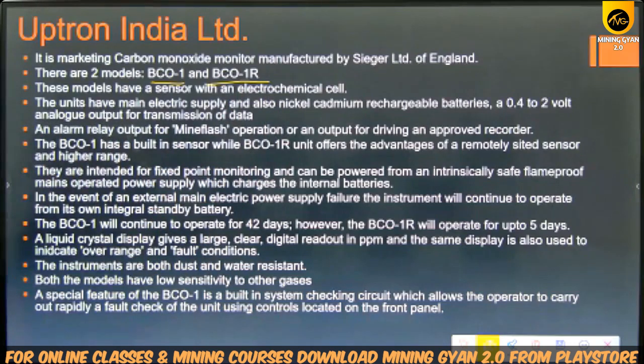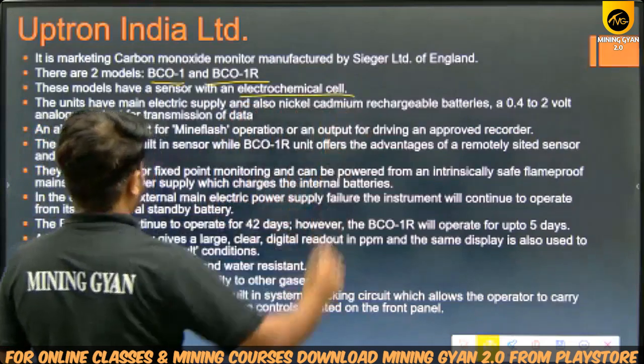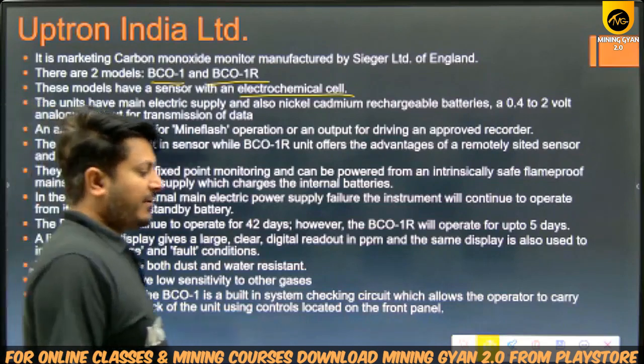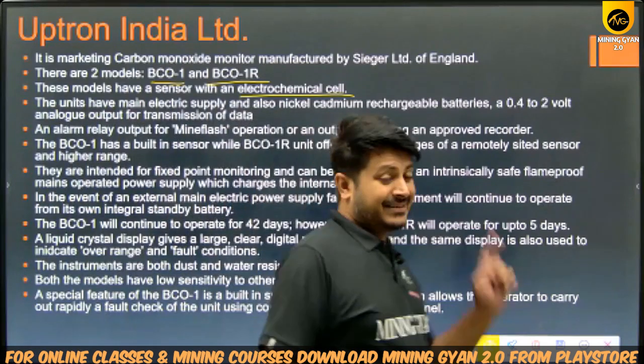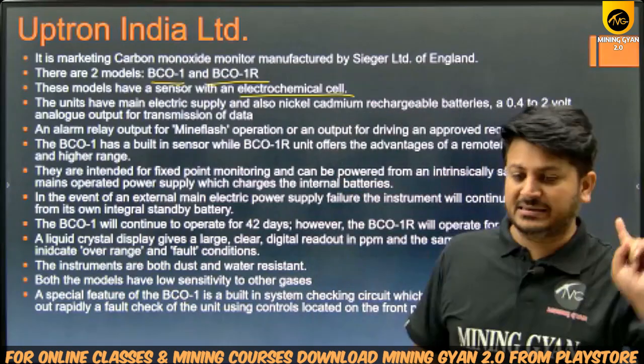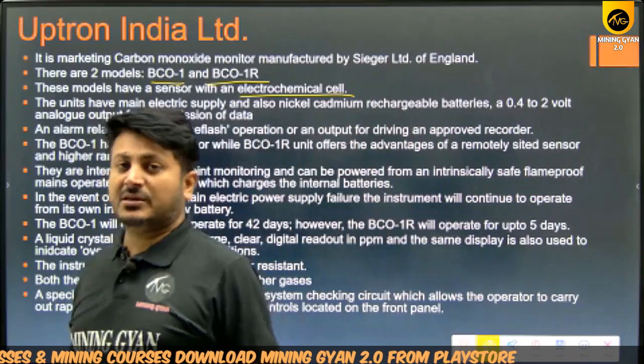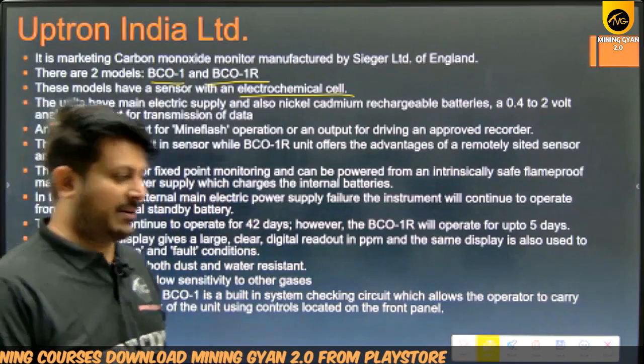इन मॉडल्स में आपके सेंसर होते हैं जो कि इलेक्ट्रोकेमिकल वाले सेंसर्स इन मॉडल्स में लगे होते हैं, ठीक है। अब इसमें बेसिकली you have to remember one thing that these are the continuous monitoring devices. These devices are used for the continuous monitoring of the mine environment basically,